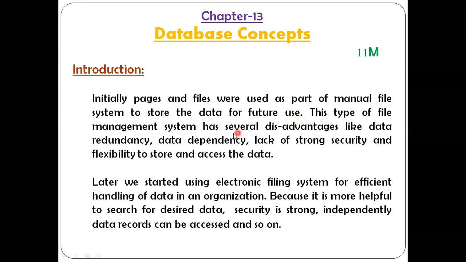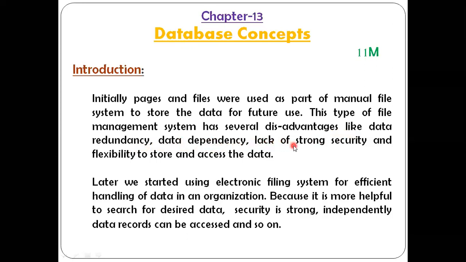This type of file management system has several disadvantages. Without the help of machines and all, if you want to store the data, it is difficult. There are more and more disadvantages. Have a look at this. The disadvantages are data redundancy, that means duplicate data, the same data present in more than one place. Data dependency.